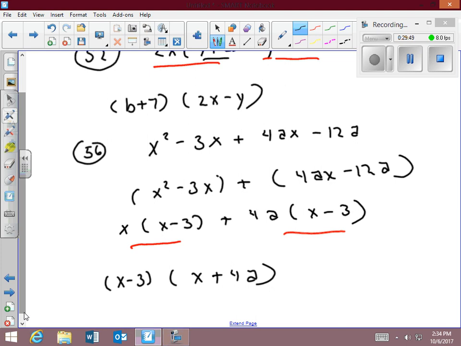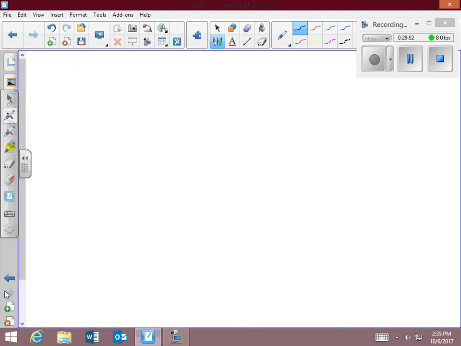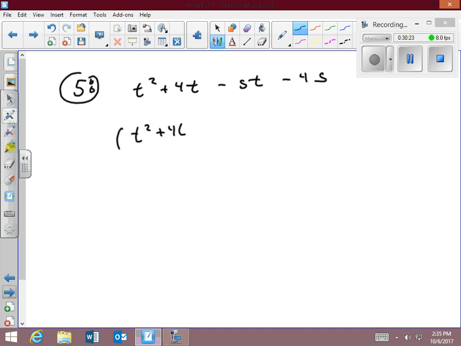So I'm going to look at 58. It says t squared plus 4t minus st minus 4s. Now, once again, when you do an algorithm, it says polynomial with 4 terms, try grouping. So what are you going to do? Group the first 2 terms together. Then put a plus and put the second 2 terms with their signs